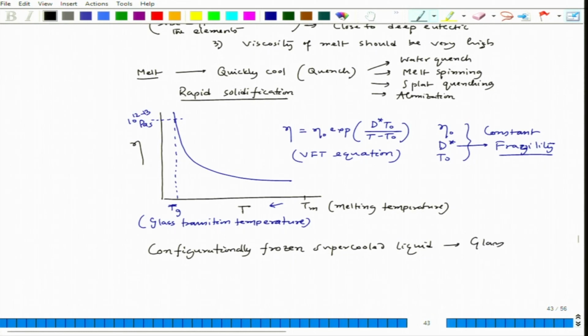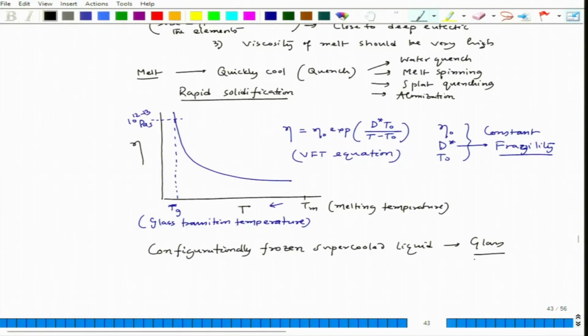So, because we are configurationally freezing the liquid which is there beyond the melting point when you heat it, that liquid structure is maintained at a lower temperature when the viscosity reaches 10 to the power 12 to 13, where shear movement of atoms freezes and it becomes a solid. So, that is a glass, a structure with no grain boundaries, and this D star,